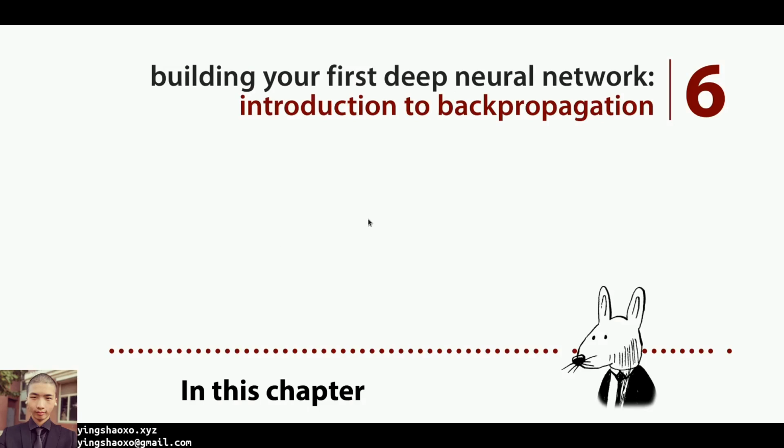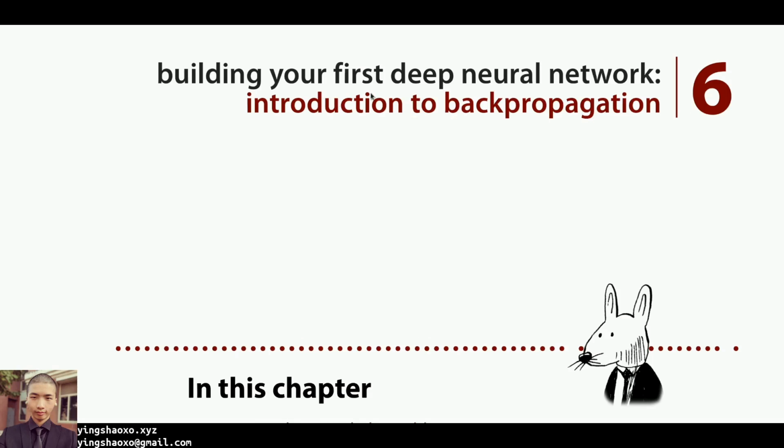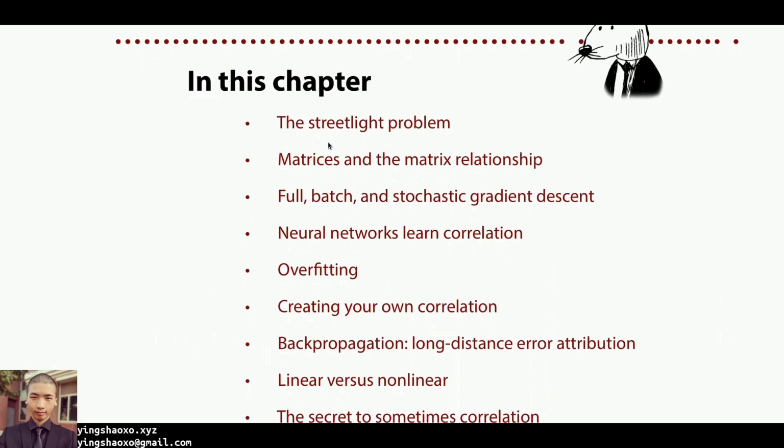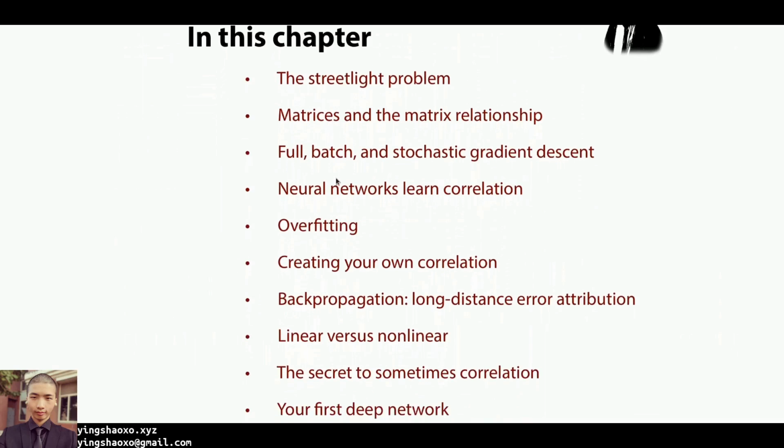Here we are going to chapter 6. Building your first deep neural network. Introduction to backpropagation. In this chapter, we will cover the streetlight problem, matrices, and the matrix relationship, for Bayes